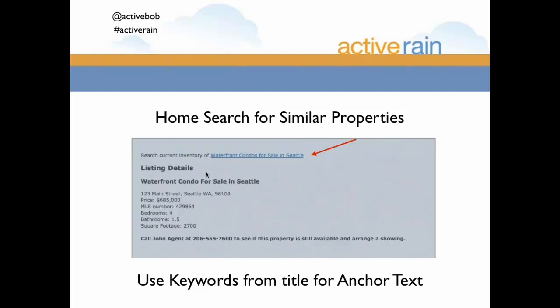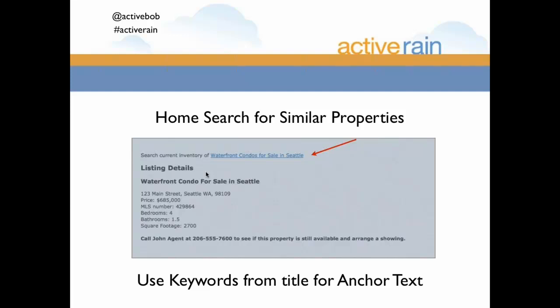Because I want them to know, if they land on my post, and here's what happens when people are looking at listings, and if you've ever done effective Craigslist ads, one of the things you want to do is not give them the whole ball of wax up front so that they can disqualify the listing. Because on Craigslist at least, people are looking for reasons to disqualify the listing. They're looking for reasons to say, this is not the listing for me. And if our particular listing doesn't happen to be the one for them, maybe they can't afford the $685,000 price that they see when they first land on this waterfront condo,